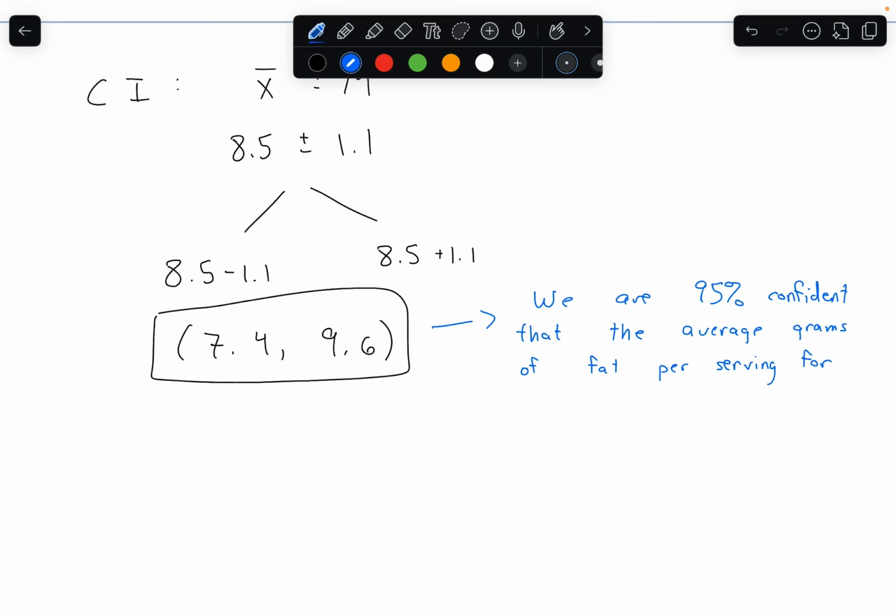We're talking about all chocolate chip cookies. All chocolate chip cookies is between 7.4 and 9.6 grams. So the interpretation should feel very, very similar to the confidence intervals that we did way back when